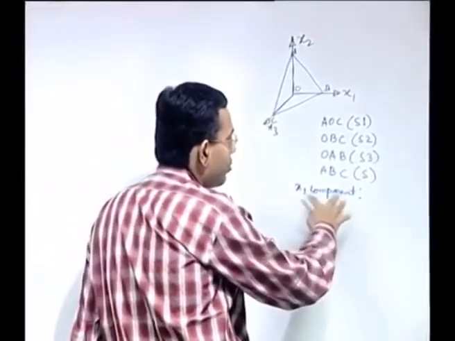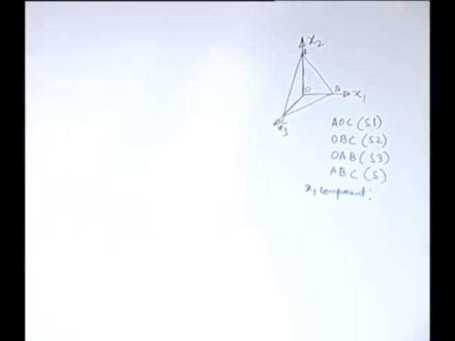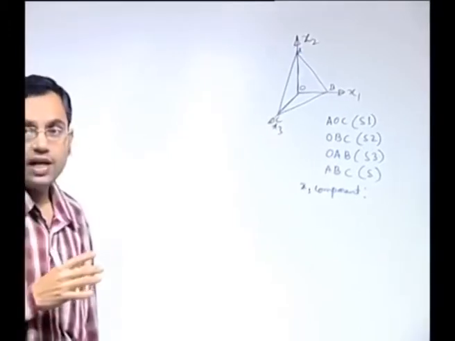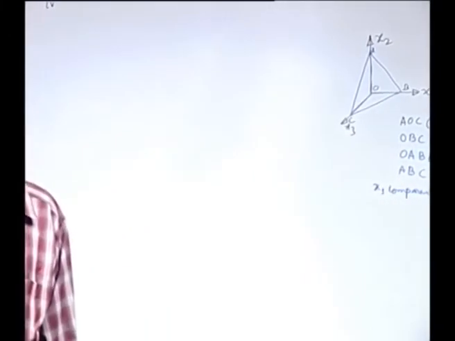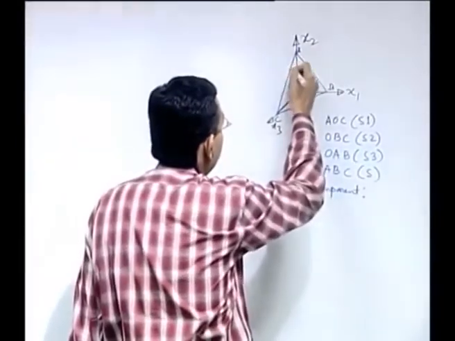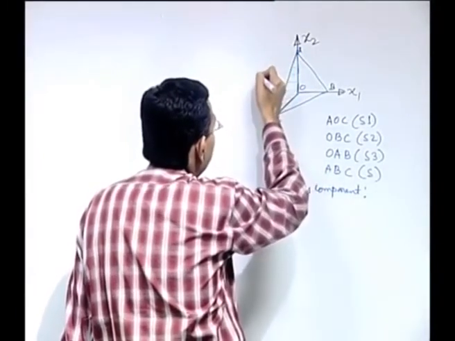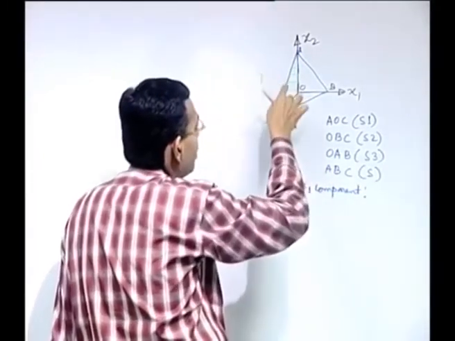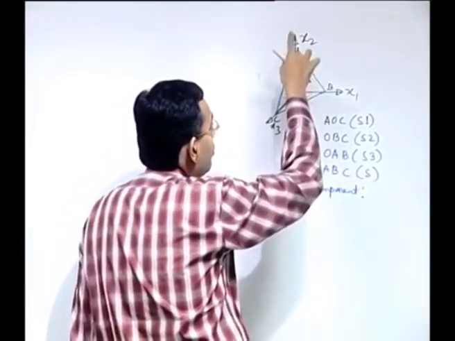We are interested only in the x1 component of the force. We will follow a sign convention that tau ij will be acting along positive j if the normal is along positive i. Here, if you consider this surface as an example, in the tau ij notation, first of all, what is i? i is 1,